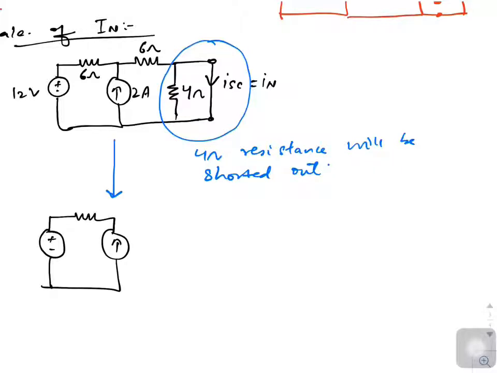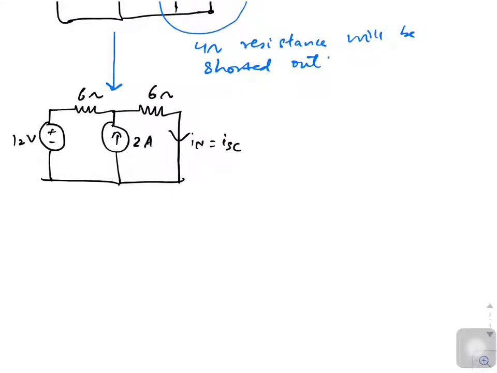My diagram will look like this now. Now this is my Norton current. This is your 6 ohm, 2 ampere, 6 ohm and 12 volt. So my aim is to calculate the IN. So what I can do is, I can assume here voltage V1, I can assume the directions of current as per my choice, and then if I apply KCL,